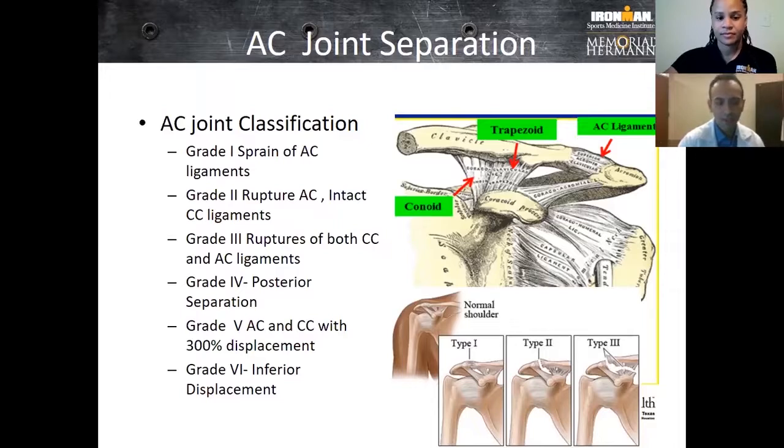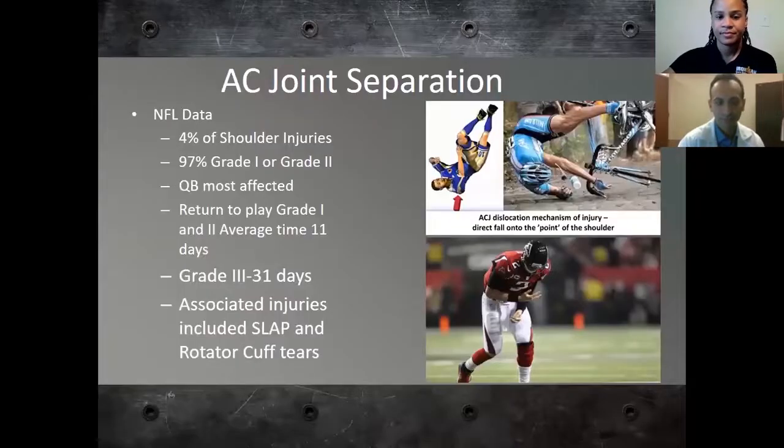And they can go from being very stable, in which we don't treat operatively, from grade 1 to 2, whereas grade 3 is kind of controversial when both the CC and AC ligaments are ruptured, but it's less than 100%. And then grade 4 through 6 we typically operate on. This is a very common injury in NFL athletes. About 4% of all shoulder injuries, but 97 are grade 1 to grade 2, and the quarterback is the most